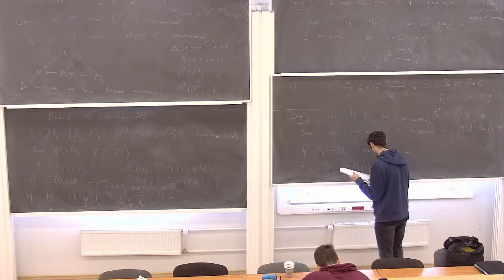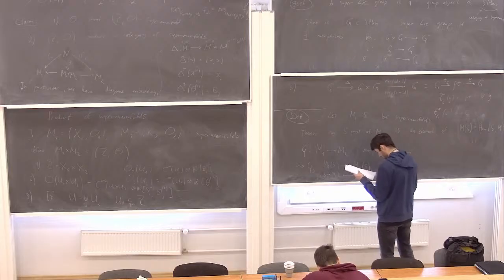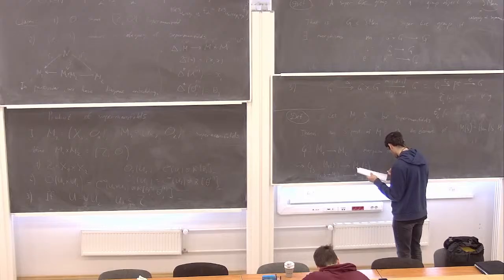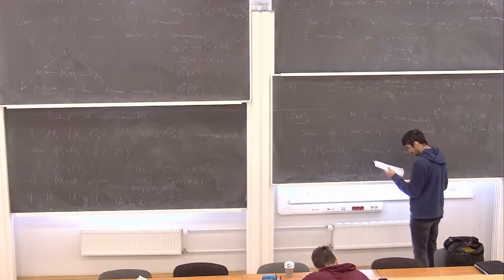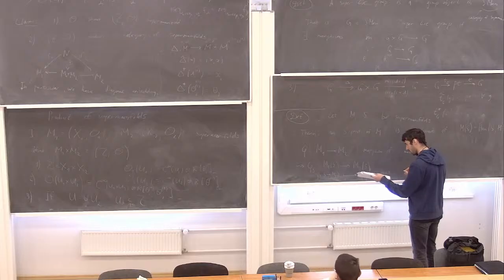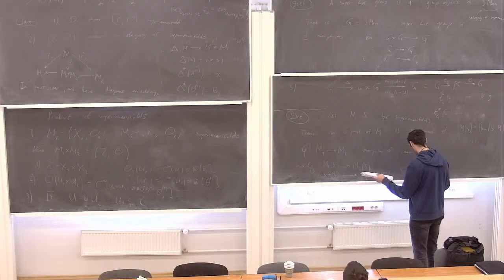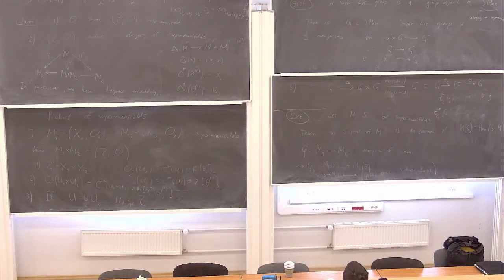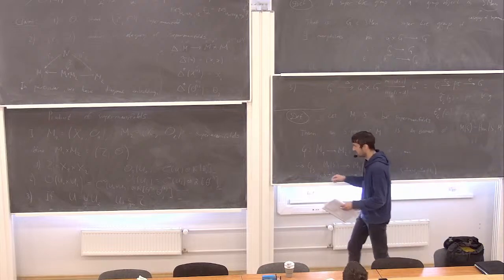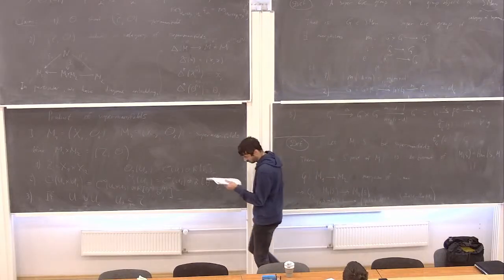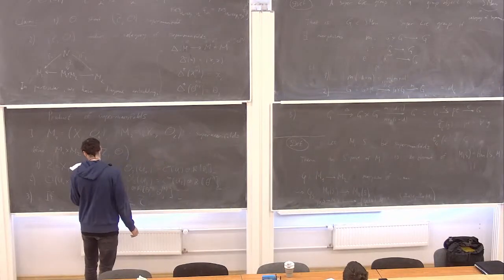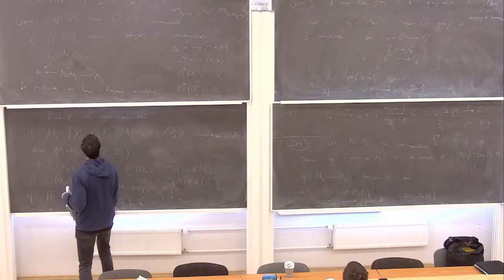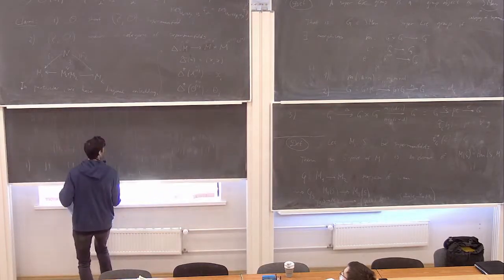So phi_S of X is just the composition of phi and X. So first I go by X to M1 and then by phi to M2. A very natural thing. And then just an observation that if G is a super Lie group,